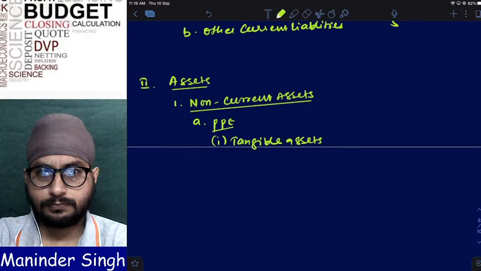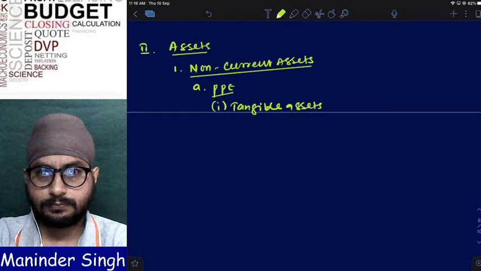Will you come to know before calculating only? Do you come to know whether it is goodwill or capital reserve? If it is capital reserve, I will include it in reserves and surplus. But before calculating, do you know whether it is goodwill or capital reserve? Then in exam, what you do? Little space you leave, so that you can write intangible assets in case it is goodwill. Now second one we have what?